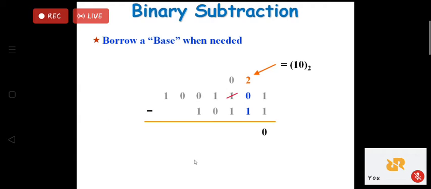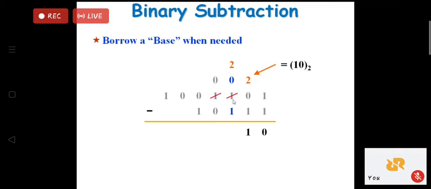2 minus 2 is not there, actually it is borrow I have taken. So 1 minus 1 is 0, 1 over here from the other number, because I have taken borrow, the power of that is 2. So 2 minus 1 is 0, and there was 1, from there I borrowed, so 0 remained.